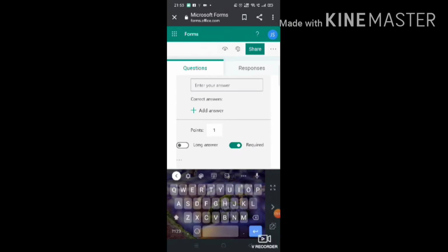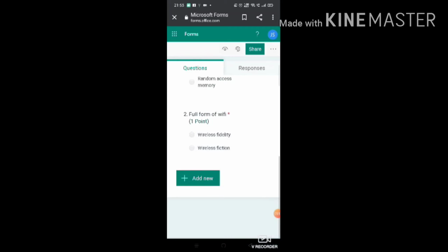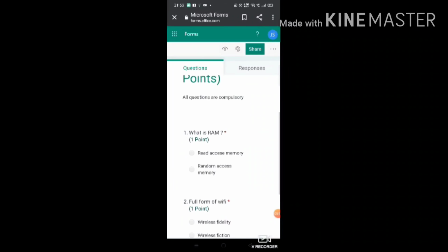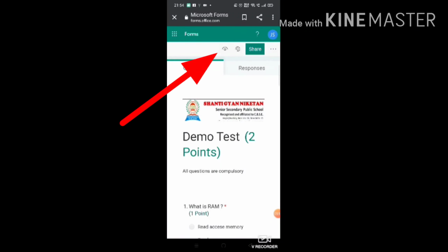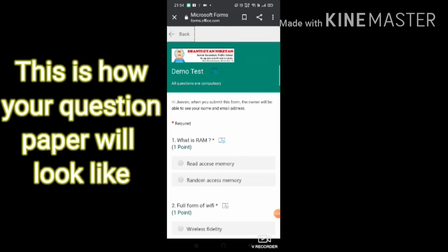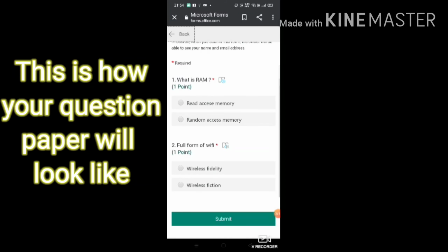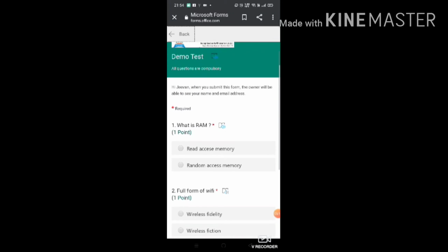And I am just going to delete it because I don't need these kinds of question papers. Now let's tap on this eye icon. As you can see, this eye icon, there is an eye sign, there you have to tap. So this is how your question paper will look like. Fine, you can see, you can scroll the question paper